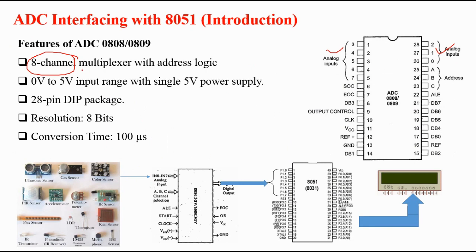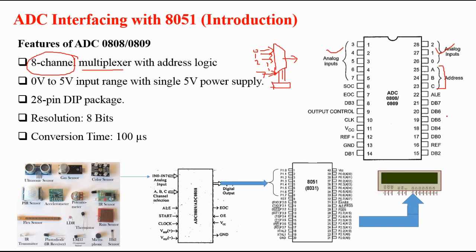Now all those 8 channels, 0, 1, 2 to 7, are multiplexed, meaning all those 8 are taken together and then one output is available. Just like a multiplexer, to select one channel out of those 8, you will have to put some value over here, and this is called the address value. On the basis of that address you can select the channel.